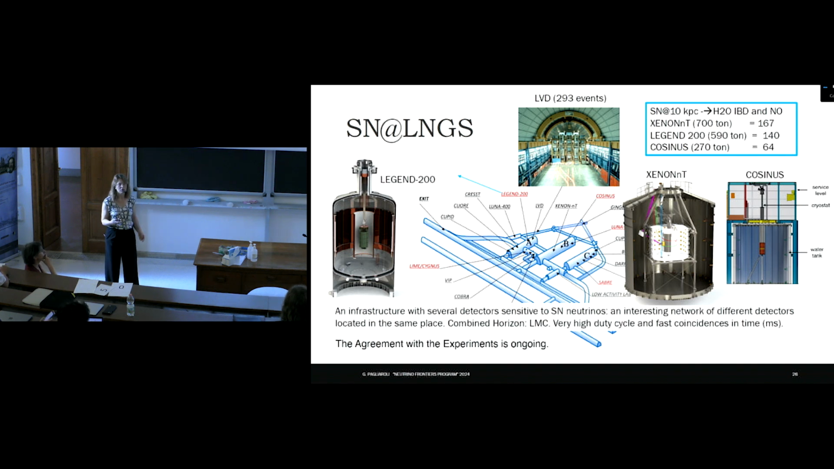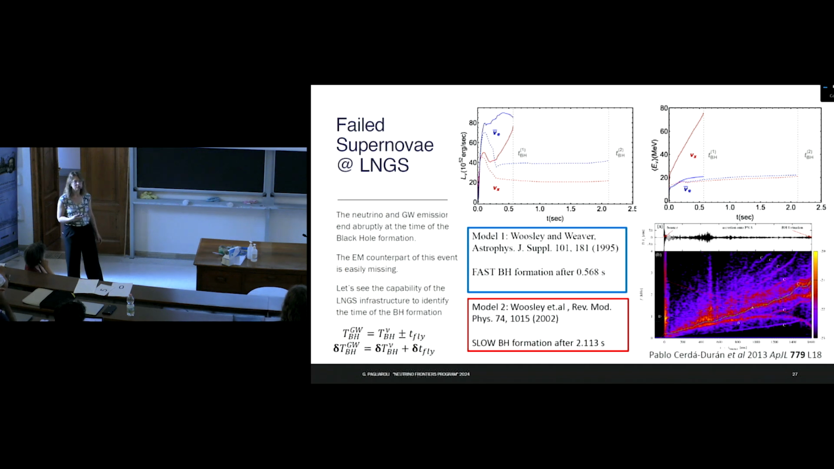but let me show you what could be a possibility in terms of physically interesting application of this idea with a failed supernova. So let's consider, for example, the case of a failed supernova. In this case, as you know, you expect that the neutrino luminosity will just drop when there is the black hole formation, and also the gravitational wave signal expected in this case will drop at the same time. And unfortunately, typically for this kind of events, we have also very faint electromagnetic counterparts, so it's very difficult to catch